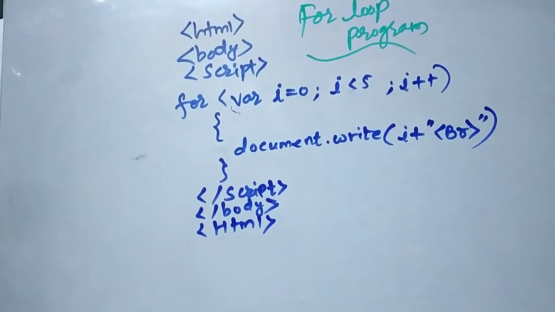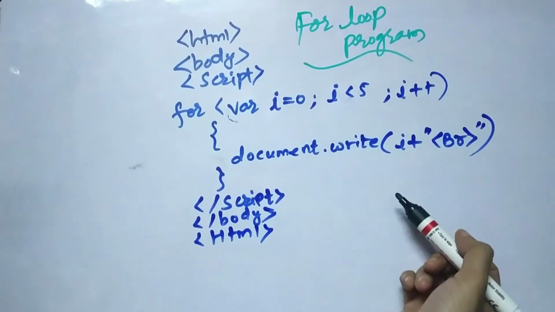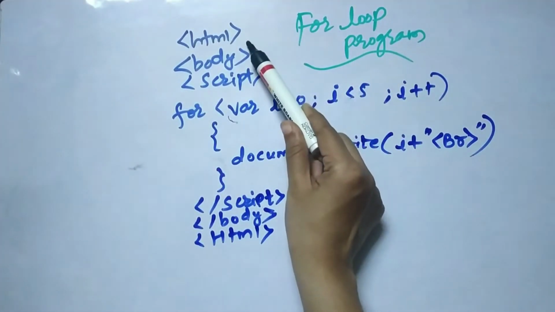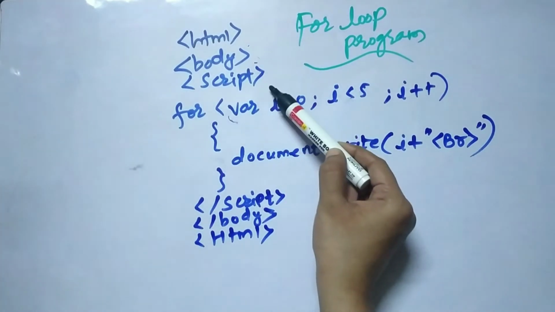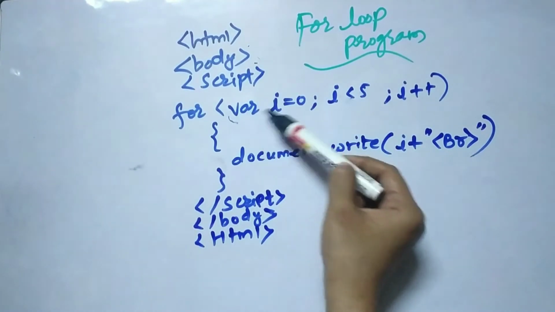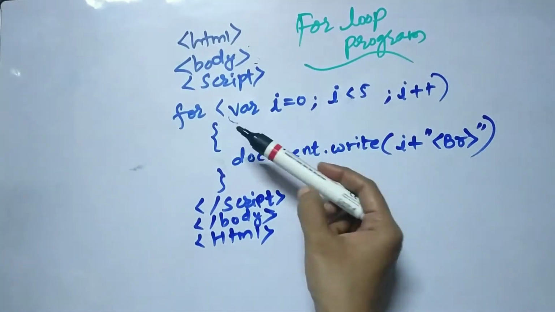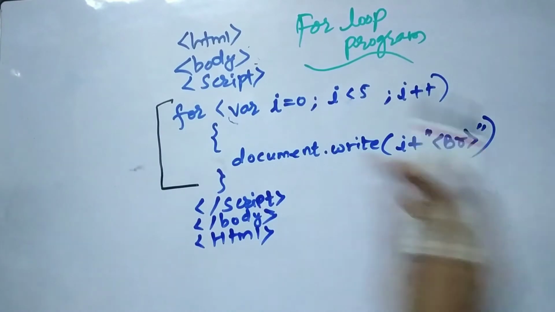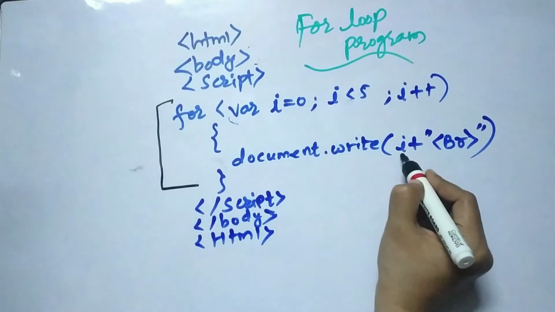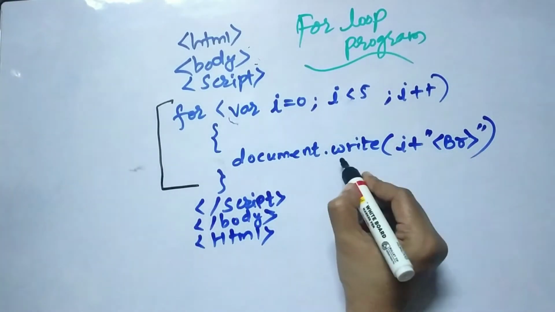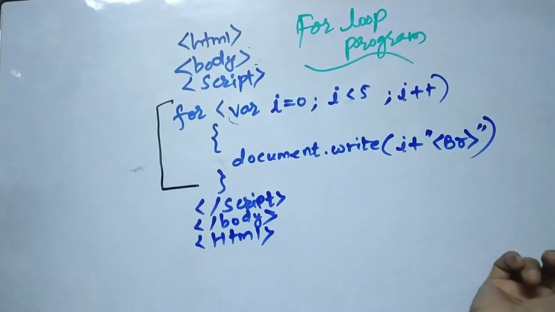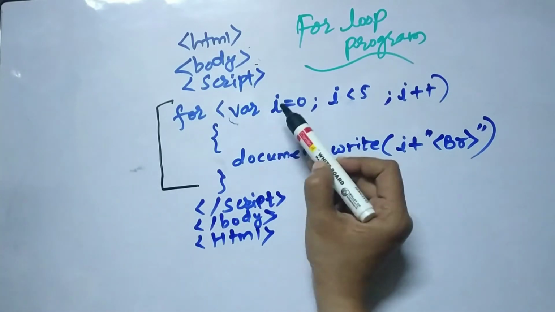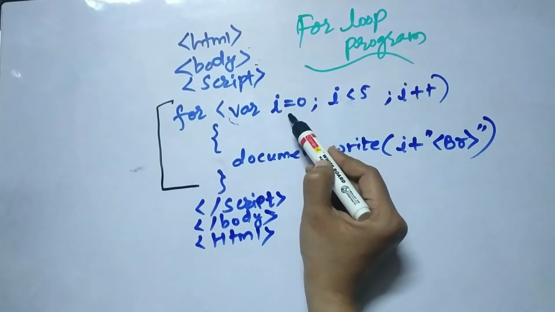So friends, now here is a for loop program example. First of all, it is an HTML document. So the starting tag will be HTML, then the body tag, then the script tag. Script will indicate that this is a scripting language, JavaScript. Now we are using the for loop. The for body is from here to here. This is a for loop, and I want to present on a web page. document.write will display the value of this variable I. So first of all, the initial value is I is equal to 0.